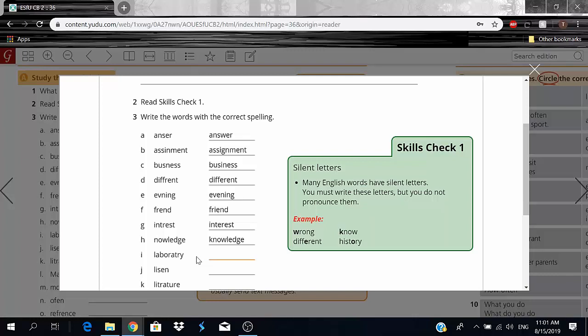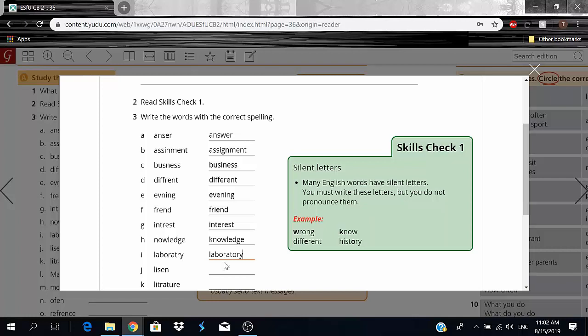Here we have laboratory, and this one's just, how do you even pronounce this? Laboratory. Okay, so this one's wrong. What we're gonna say is lab. Okay, if a new word, if you want to learn, try to cut the words up. This is actually something that I learned from a YouTuber back in the day, is that cut your words up so you can understand them better, or just be able to write them down better or spell them better. Okay, that makes sense. So lab. Okay, some people are fine with lab, but laboratory. Okay, laboratory. That's how we say it.